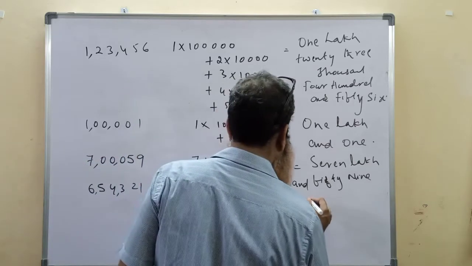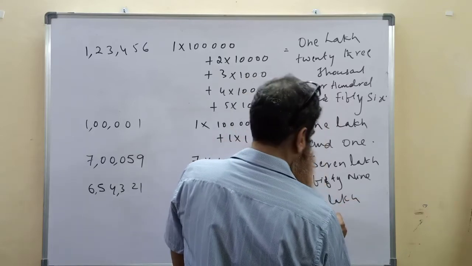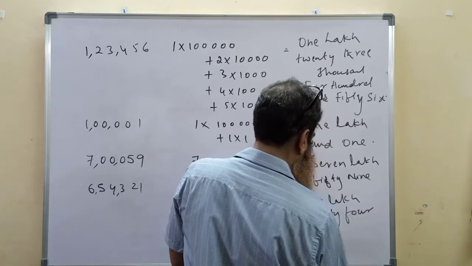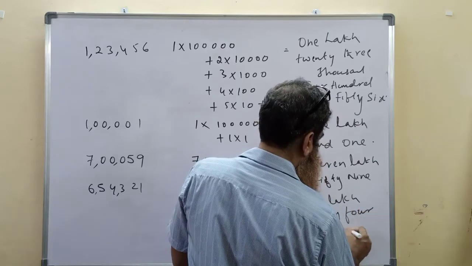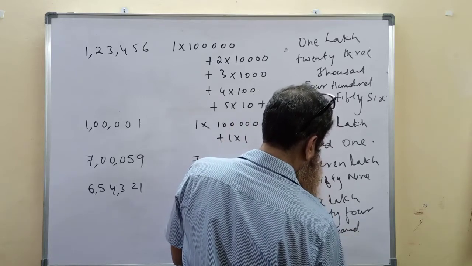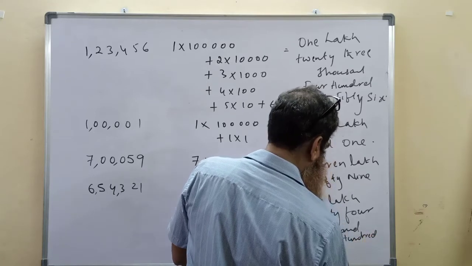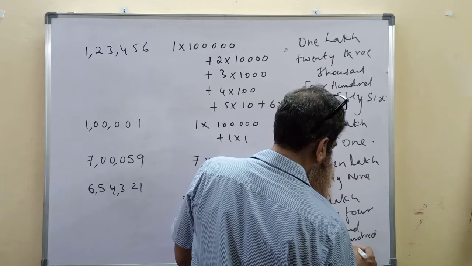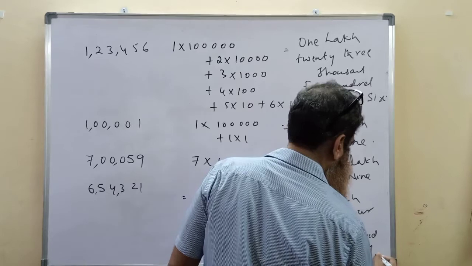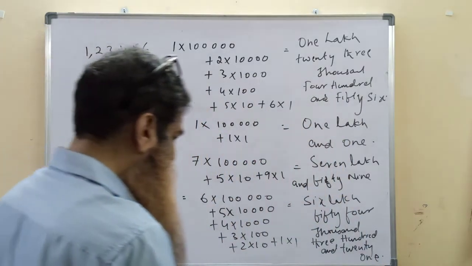We have 6 lakh, 54,321. We wrote four six-digit numbers and expanded them, and